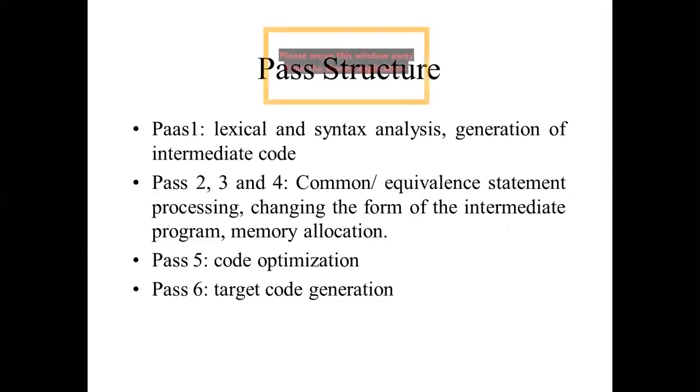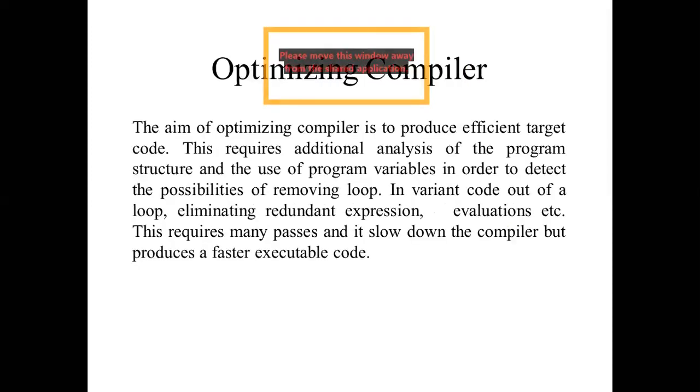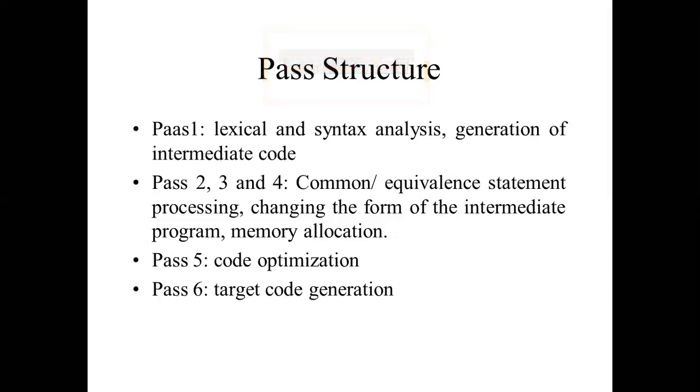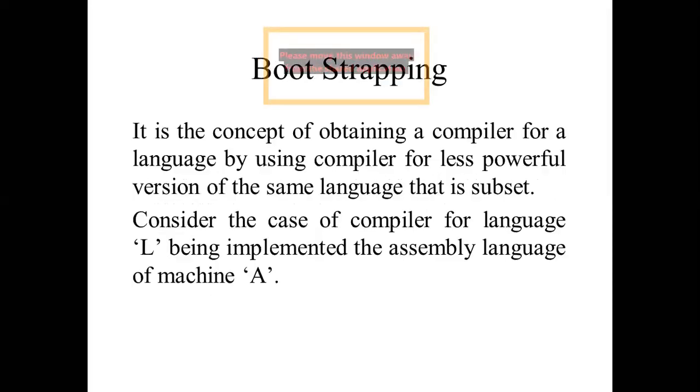So again you can see here we are going to divide this compiler into several passes, to enhance the efficiency so that we can get quality-wise conversion. So here the compiler manages the work in a number of passes. Ultimately it will take more time as compared to other compilers, but here we will get more efficient code. So that was the pass structure.